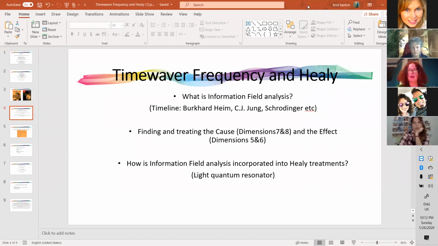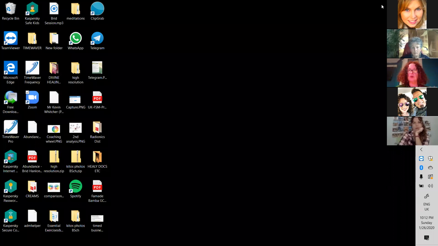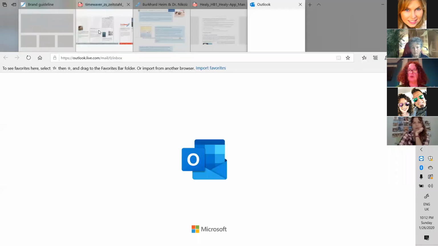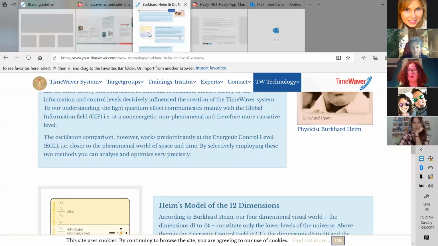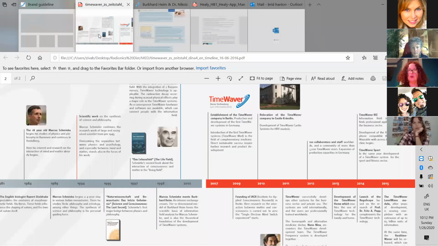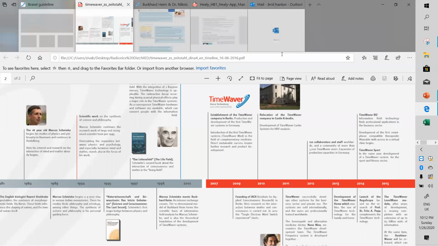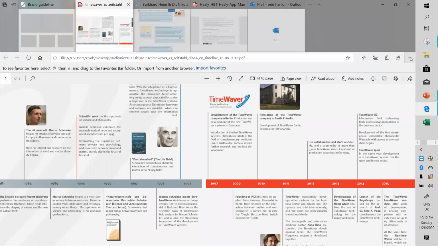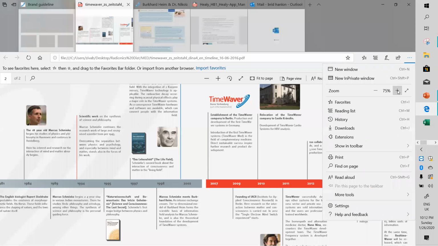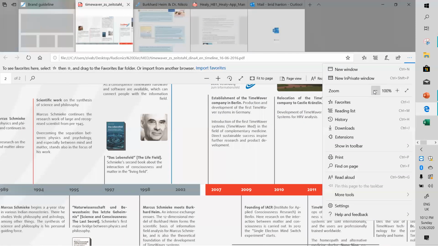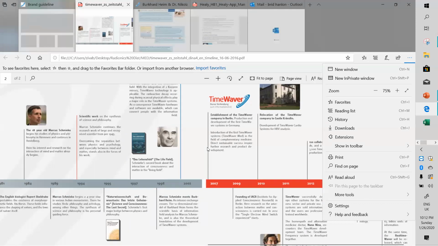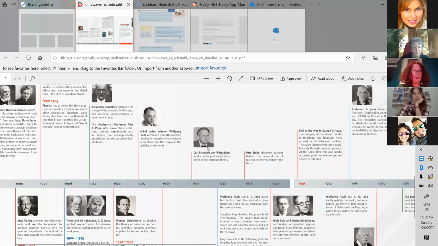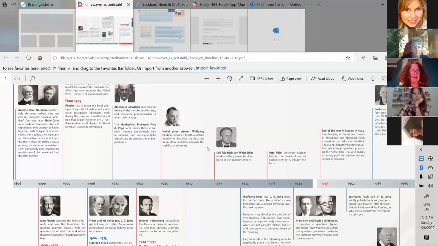I want to show you a very lovely timeline. I hope that it's big enough. I can make it slightly bigger. Okay, too big. Right. So this is a timeline which Markus created to detail